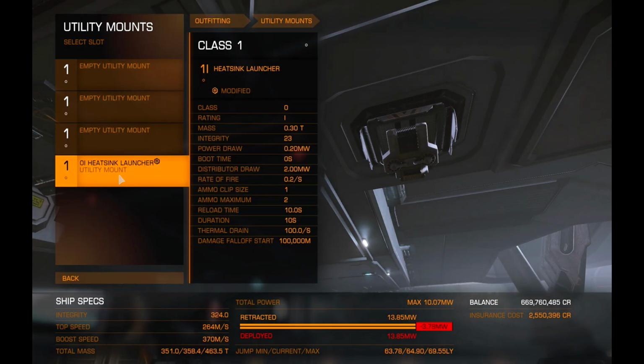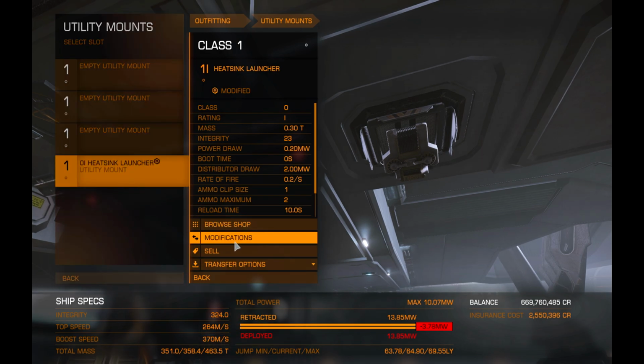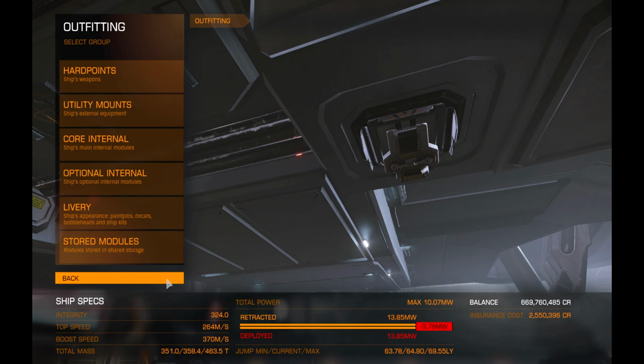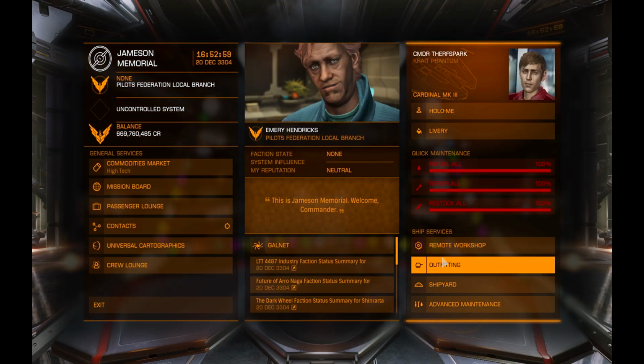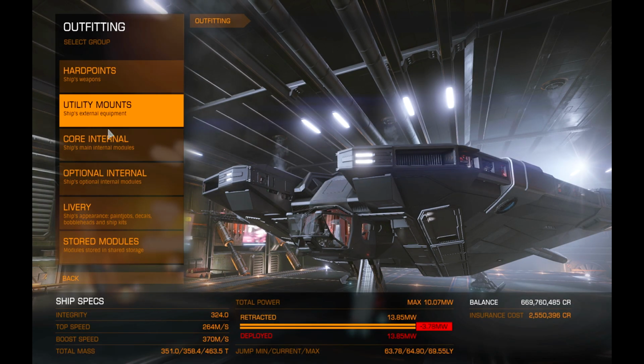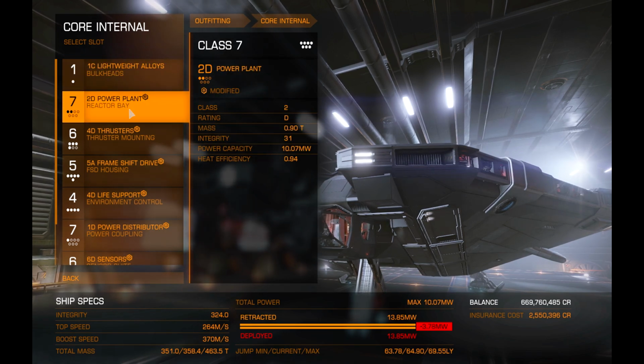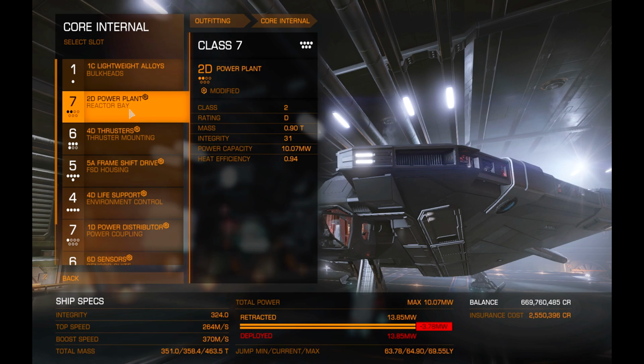Utility mounts: heat sink, lightweight, 5. Gotta have those heat sinks in case you start to get toasty around those stars. I don't know why I hit all the way back. For the core internals, lightweight armor, 2D power plant. The 2D power plant was a very big